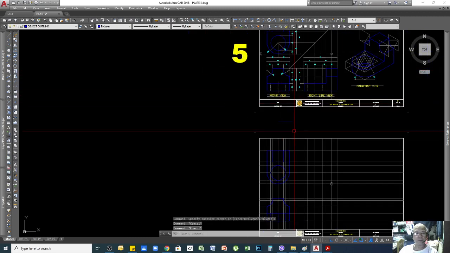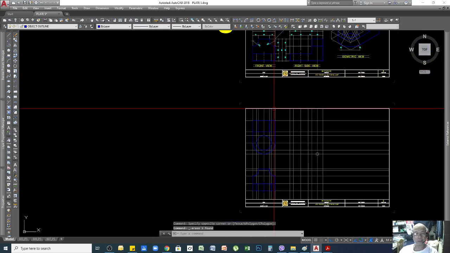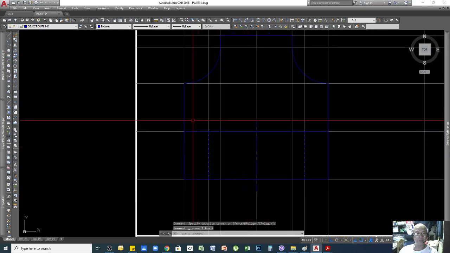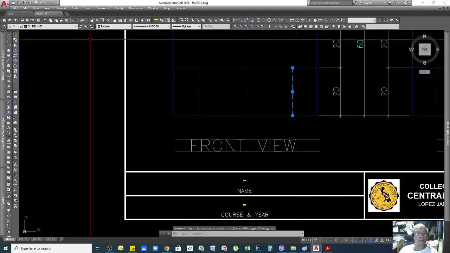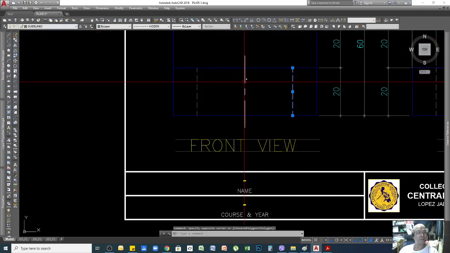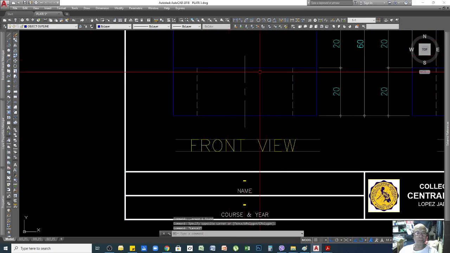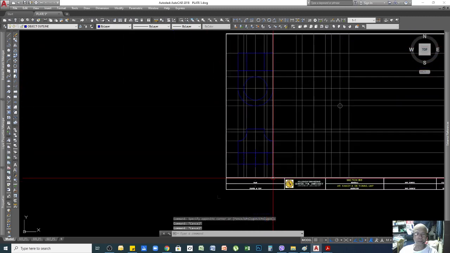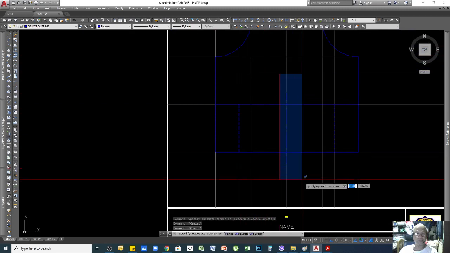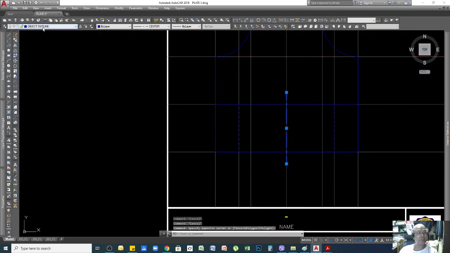Okay, you can change the property of this. I think mine was not changed. The layer is still under grid lines. You can use that as your layer, or if you want to maintain the layer as your object line, you can go to by layer. You can change the color to, let's say, 252, so that it will be lighter.